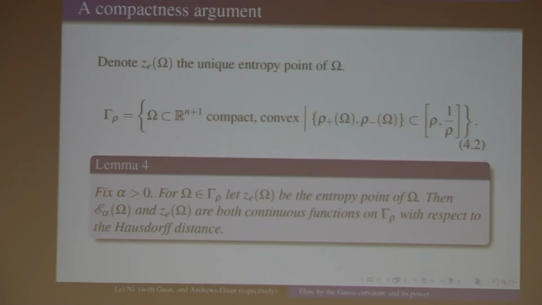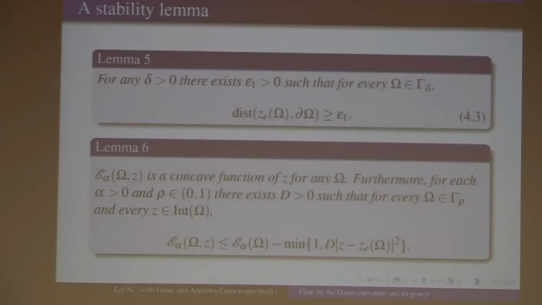That's the first result, I mean the needed lemma. The second one is kind of an important lemma. For any bodies inside my class, for gamma delta, the entropy point to the boundaries always have a fixed distance. Okay, this is an important one because you have to prove this for non-smooth